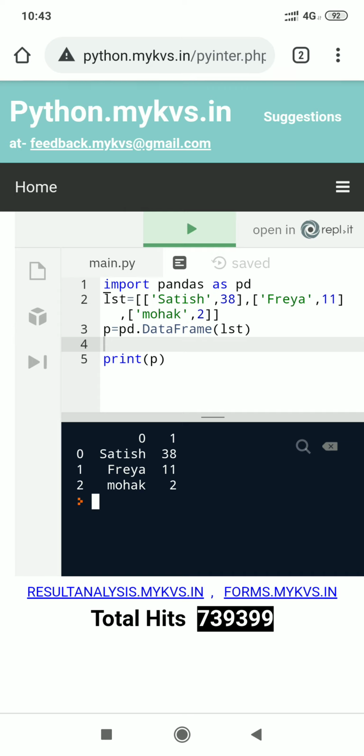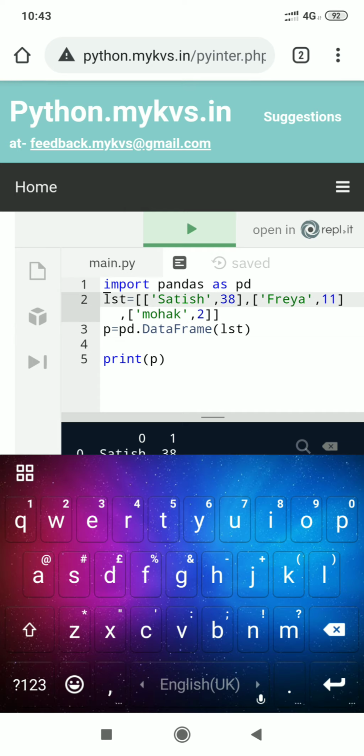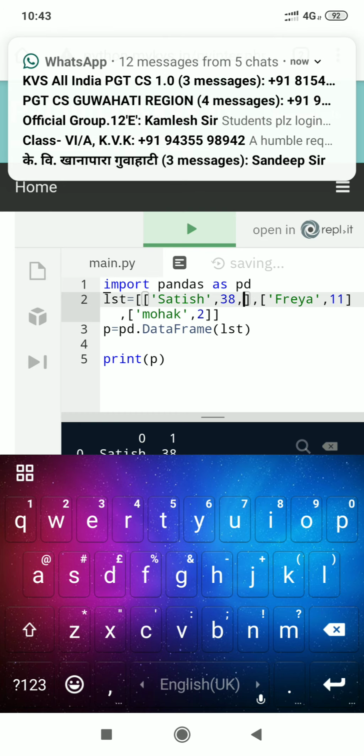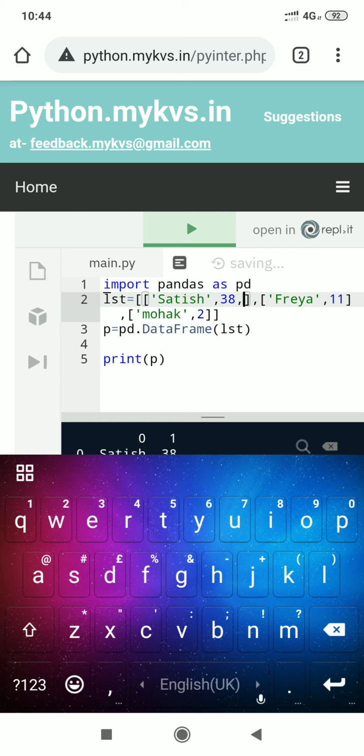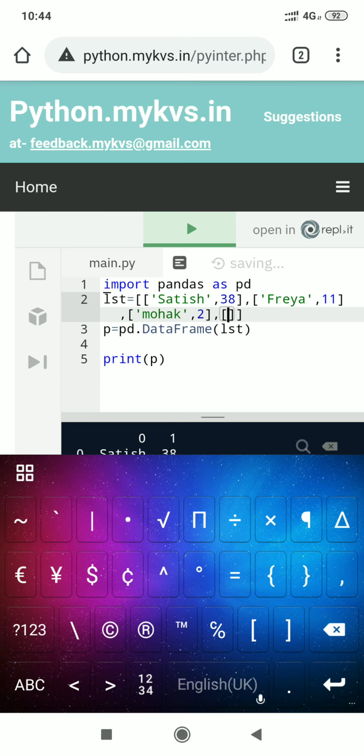If you want to increase the columns, you have to pass more values separated by commas, and if you want more rows, you have to create additional lists inside the main list.